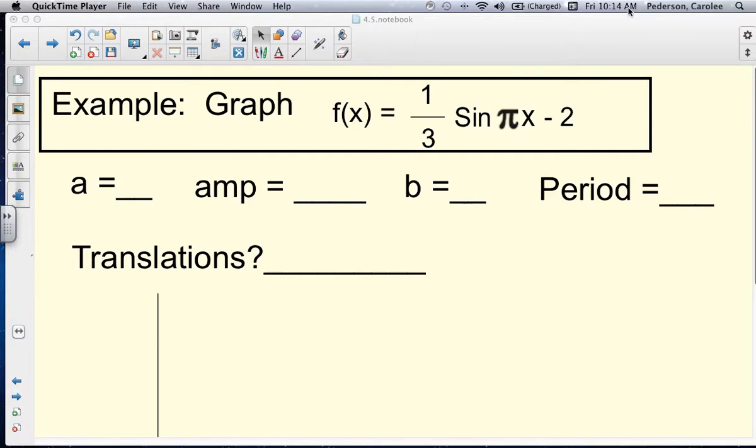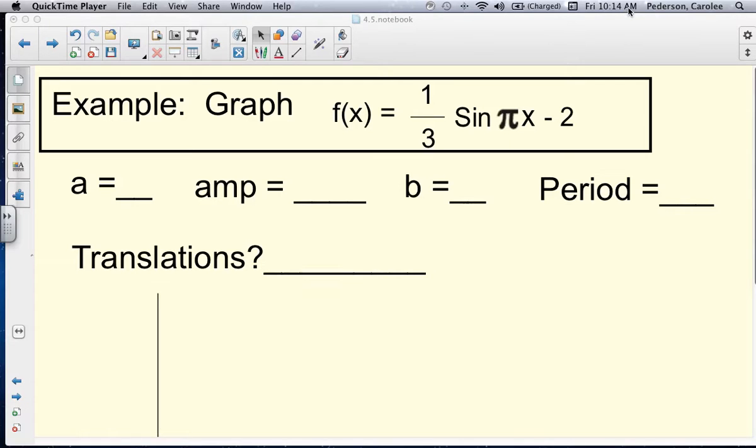Here's 4.5, part 3. This is our last graph that we're going to graph, the function 1/3 sine of pi x minus 2. So we have a few changes from the parent function. Like I said before, I take the pieces out that are different from the parent function and then graph